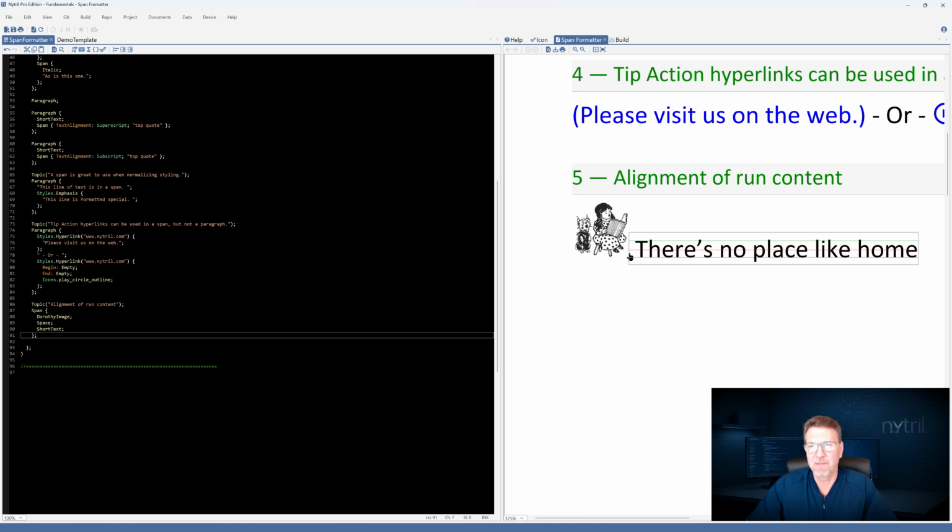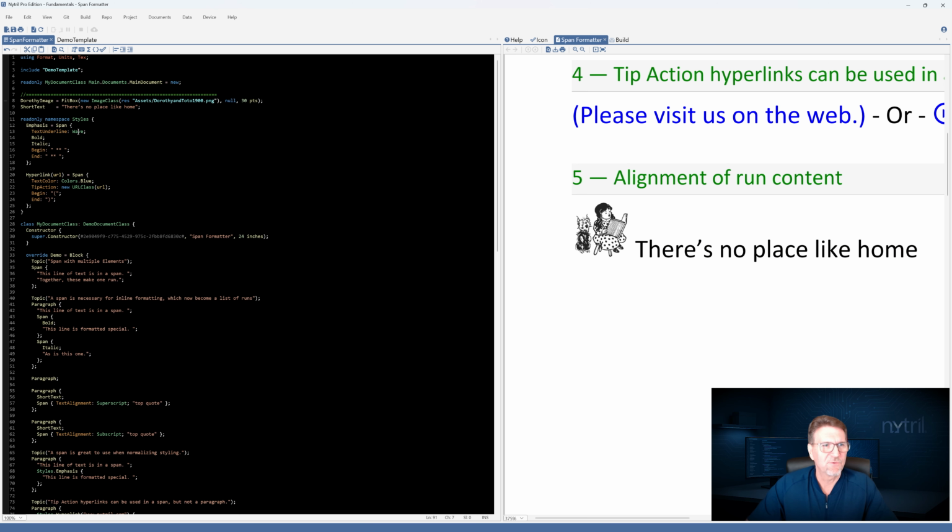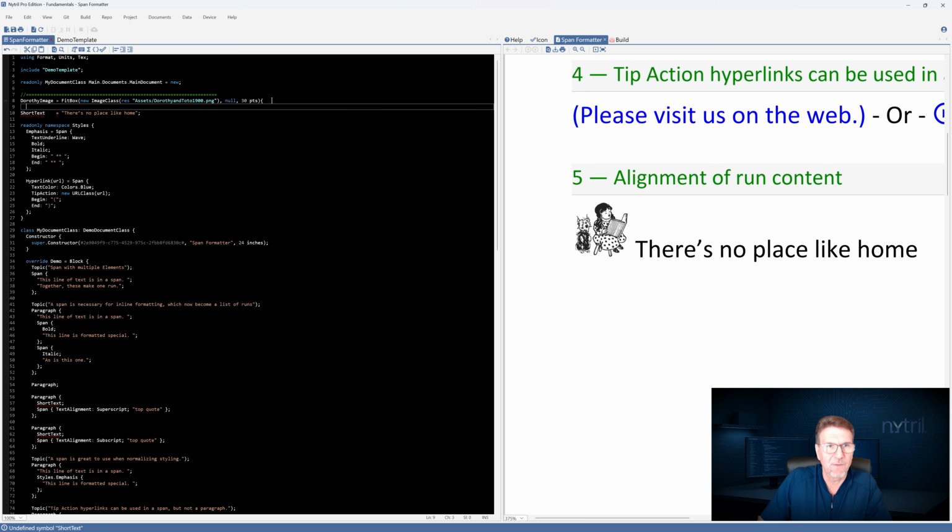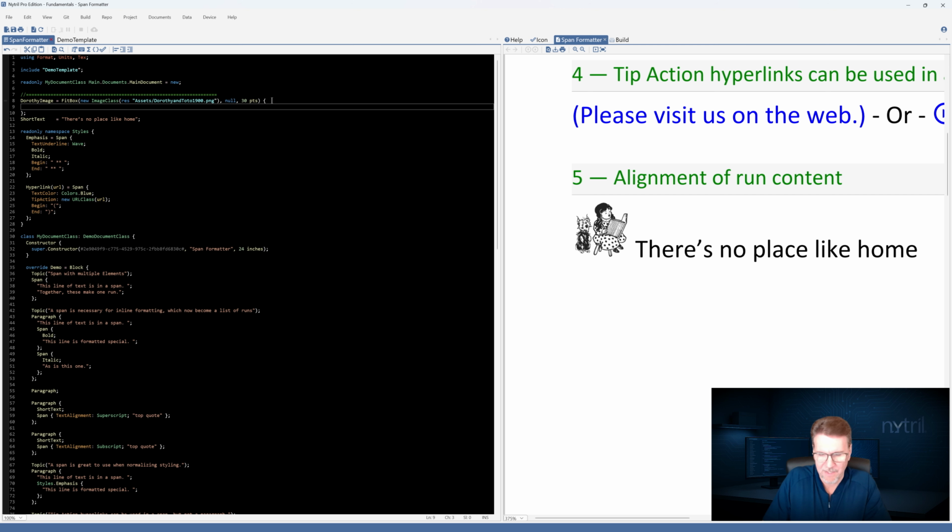And Nitro gives us the ability to adjust the baseline for graphical elements like this fit box here. So we're going to go up here to our fit box, and we're going to add a revision to that, because you can revise anything in Nitro. And we are going to add a baseline, and we're going to give it a percentage.